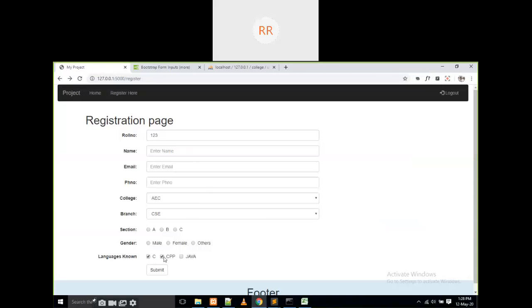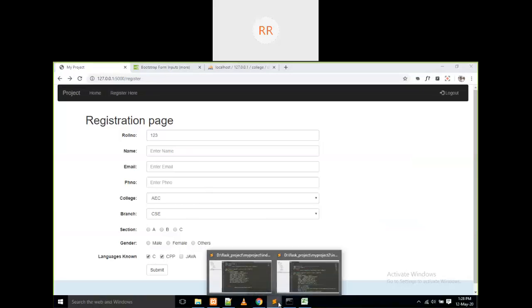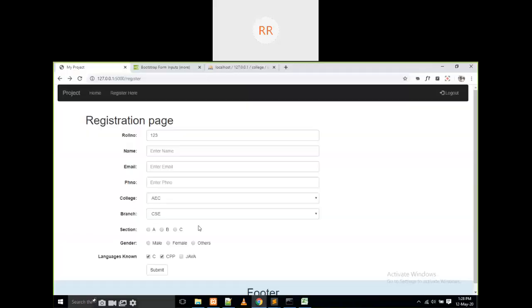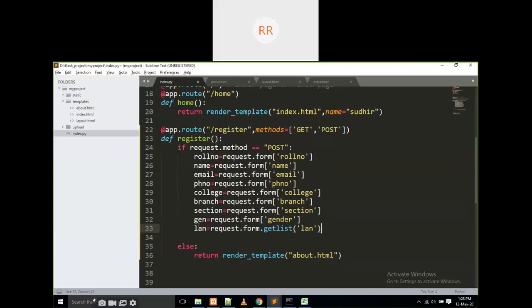That is going to be a list. Instead, we have to call it like this: request.form.getlist('lan'). That means it is going to be a list.